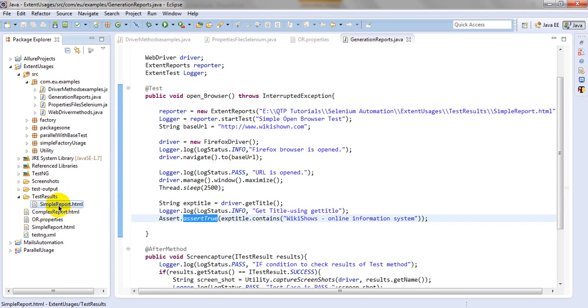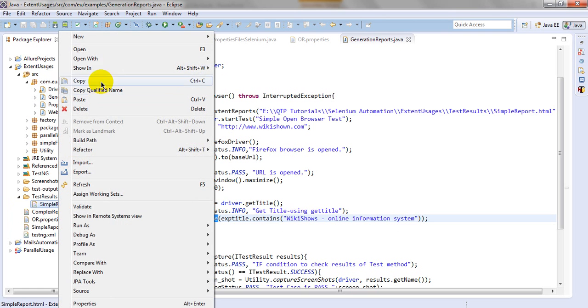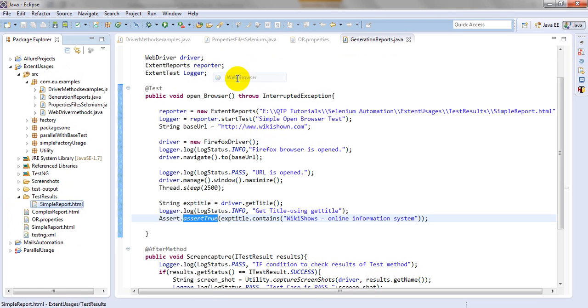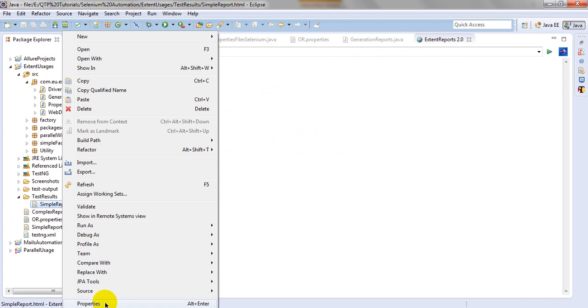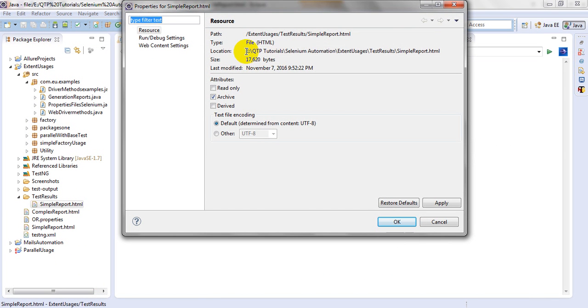See, it is showing under this. If I open this one, open with, I open web browser, external reports I am using, so it is not opening. So let me open this properties where I have given. Okay, let's go to this path. I will show you.